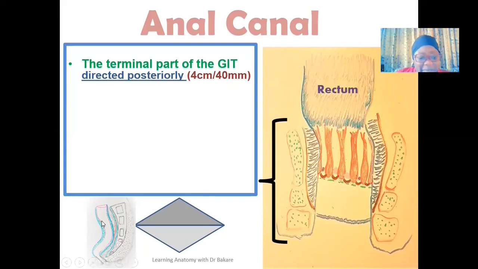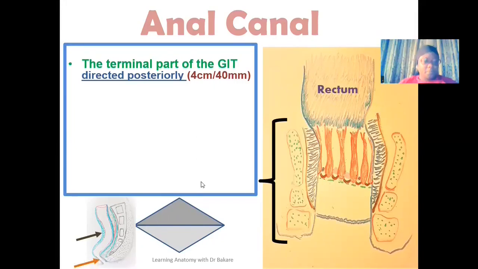So using this image here, this is the rectum, and inferior to the rectum, we know we have the anal canal, and this is the anal canal. You can see that the anal canal at this point is directed posteriorly, and this direction is as a result of the curvature that is created around the anorectal junction. The anorectal junction is the junction between the rectum and the anal canal. You see that a curvature is created around this point, and this is what leads to the posterior direction of